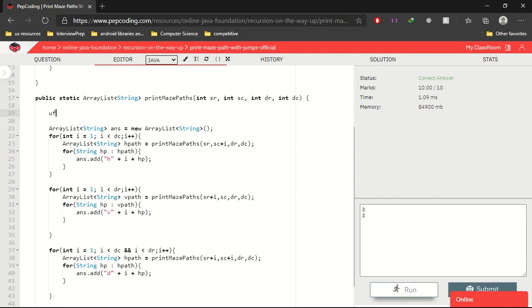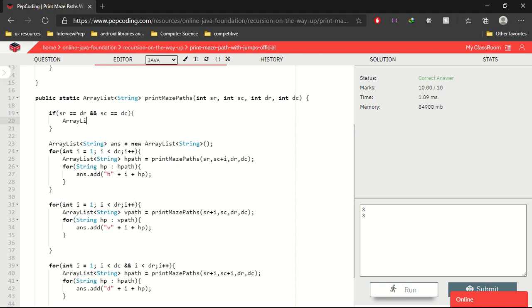If SR is equal to DR and SC is equal to DC, you create one more array list, ArrayList of String st equal to new ArrayList of String.